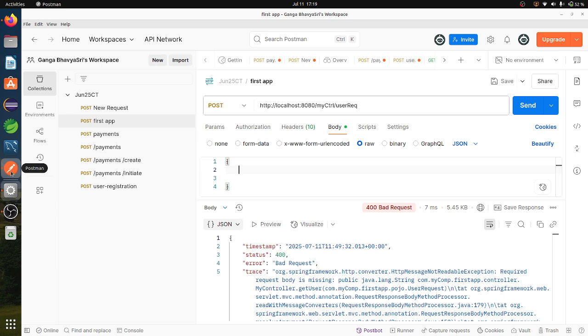I'll take those values here. I think there is no need of this one.